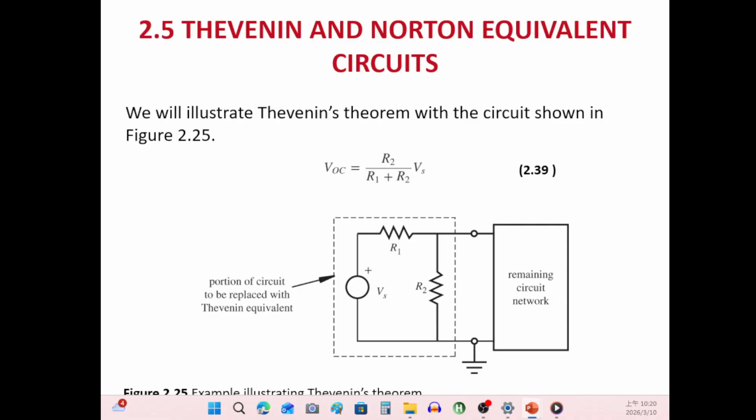And what's the RTH? Assuming this is not wrong, RTH is equal to R2 over R1 plus R2 times Vs, divided by I short circuit. If you short these two terminals and you want to find out the current, this is nothing but Vs divided by R1, right? Because this is shorted together, so R2 is not working at all. So I short circuit is